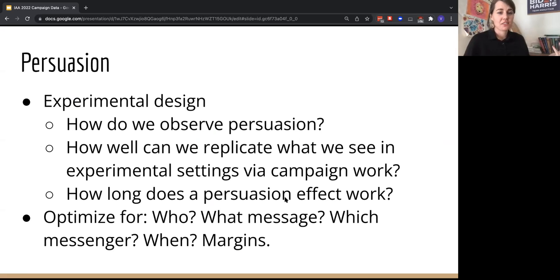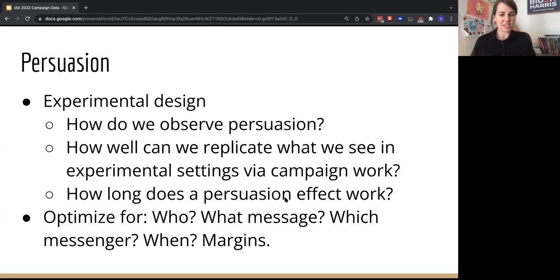Some of the questions you can ask yourself when you're thinking about that are, how do we observe the event of persuasion? In any kind of statistical test we're doing in an experimental setting, we want to have a group, give them a treatment, and see if the treatment worked and did the thing we wanted it to do. But how does one observe persuasion? What does that even mean? And after that,